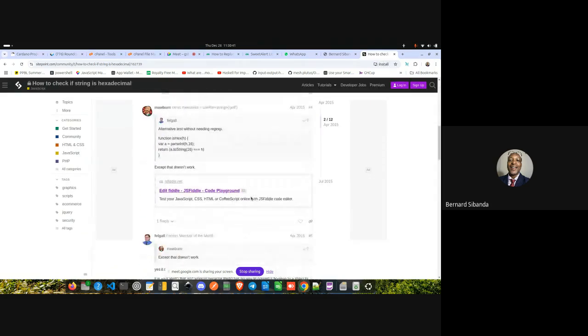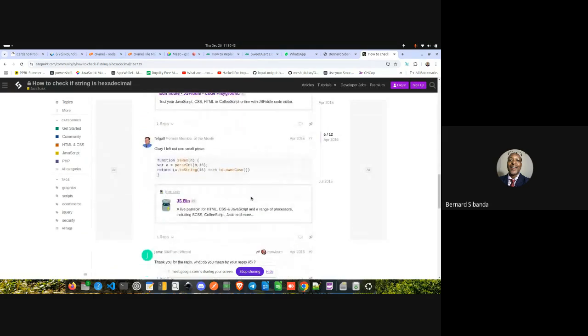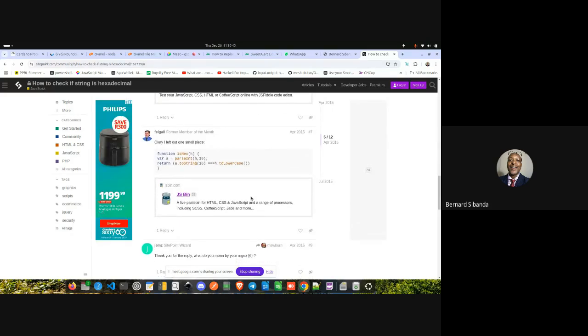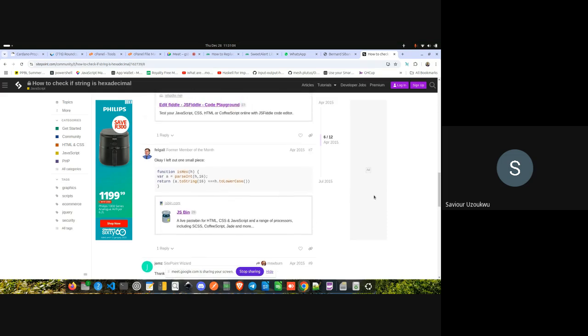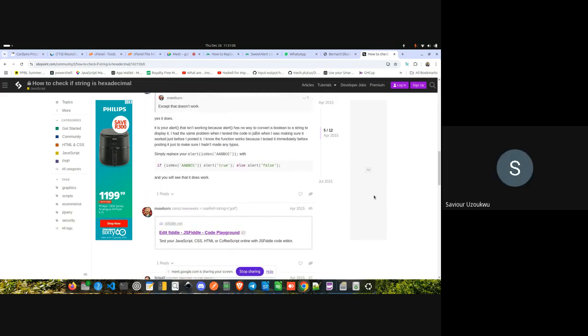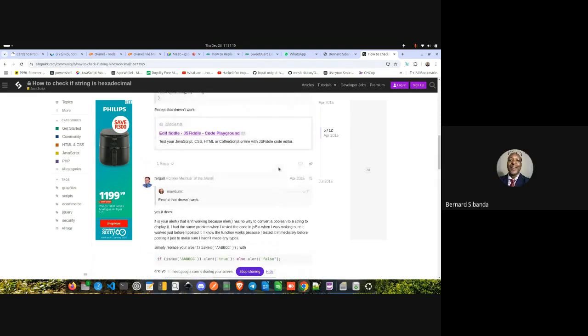All right, they are giving us different ways of testing. They are using this. Parse int, base 16, return to string, to lowercase. So right, this is one function, is hex.